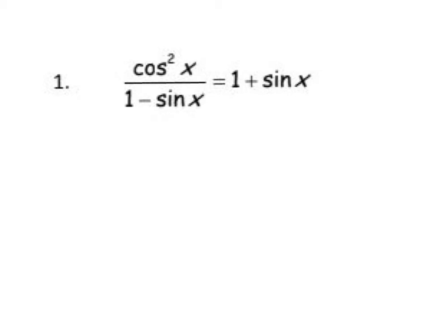So as I look at this, I see the 1 minus sine x in the denominator, and that cues in my mind to multiply by the conjugate. So therefore, I'm predictably going to work on the left-hand side. Even if I do multiply by the conjugate, it may not be clear what will happen. But nonetheless, if I try to go, okay, on the right-hand side, I want to figure out what to do to